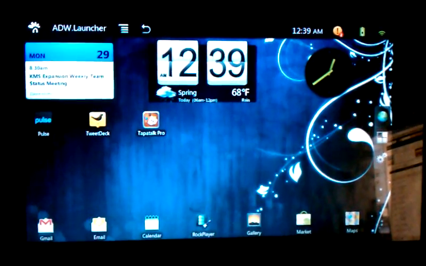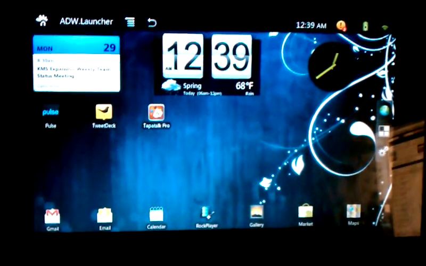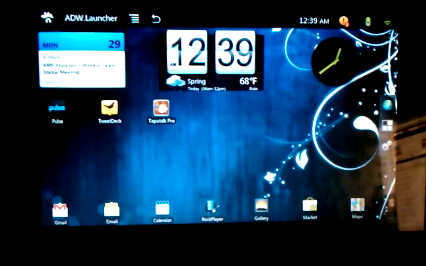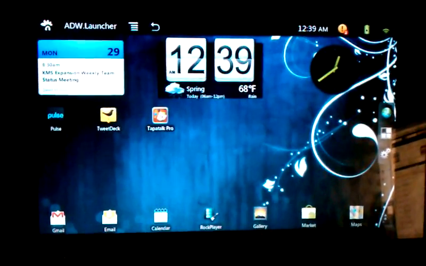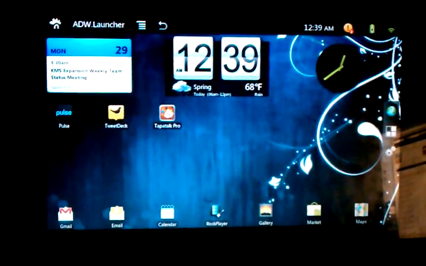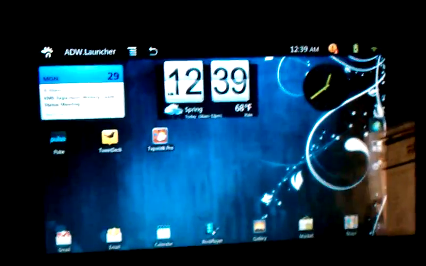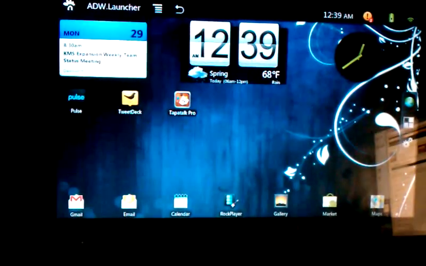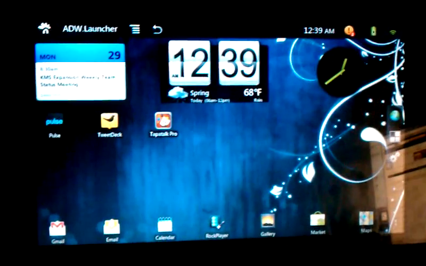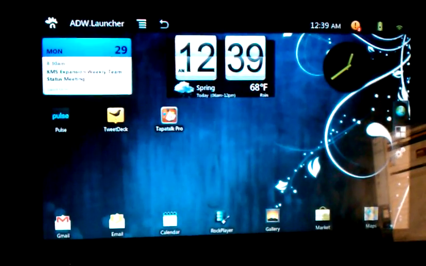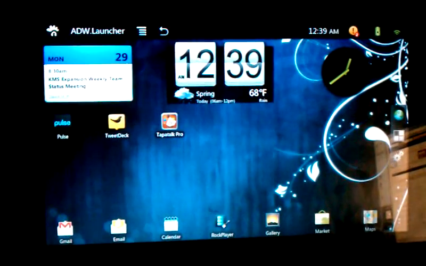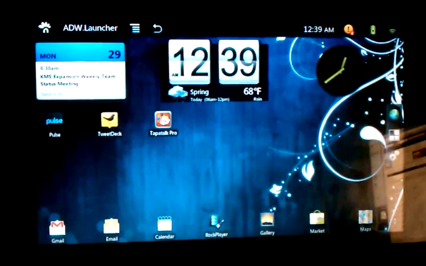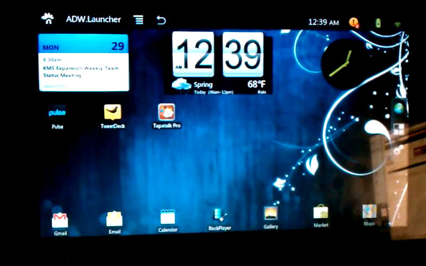So, anyway, that's just a look at some of the apps I have on here. Like I said, YouTube works, and it works smooth. It works really nice. IMDB trailers work really nicely. The only thing that's different on my device from the stock 2.0 is ADW Launcher. I got rid of Launcher Pro, which I think is what Robeat was packaging this with, and I went with ADW, and it seems to work. So I don't know if that's the cause. I just know that that's what's different from the others.